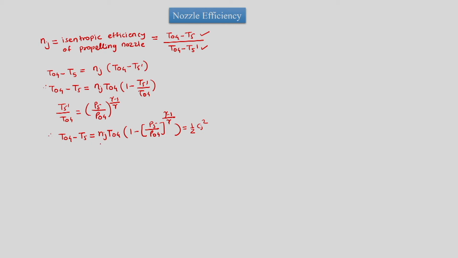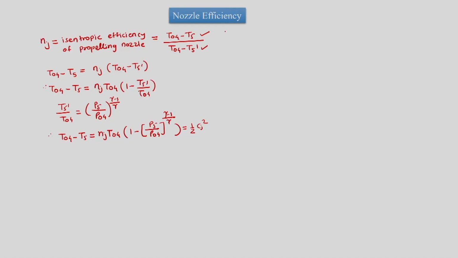So, using this nozzle efficiency, the turbine exit total temperature, the condition where P5 is equal to PA, which is the ambient condition, and the total pressure at the exit of the turbine, we can calculate the jet exit velocity, which is required further for calculation of the thrust. We know thrust is equal to mass flow rate into Cj minus Ca in the case of complete expansion of the gas. However, in case of choking, we would have a little difference.